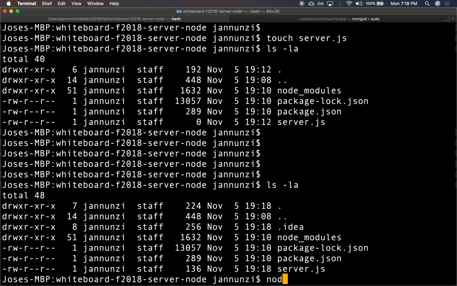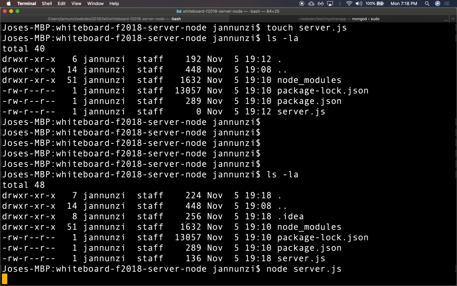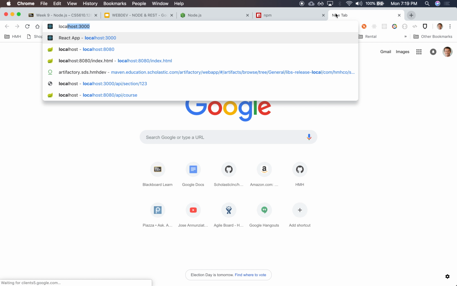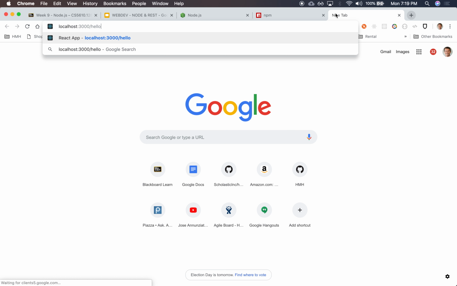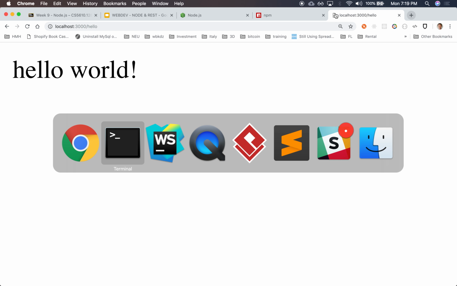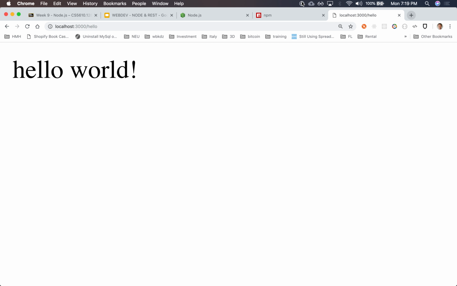We can say node and get a server started. It's up and running. It's blocked here, waiting for incoming requests at port 3000. So let's do that. We can say localhost 3000 and say hello, and it comes back with hello world. Everybody okay? Okay, so let's